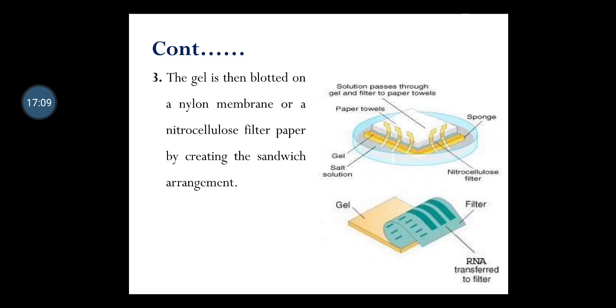With this electrophoresis mechanism, the genetic material migrates from one place to another for proper fragmentation, by which one can isolate and screen out the different genetic material on the basis of shape and size. In the last one, the gel, filter, and RNA transfer to the filter are visualized in the diagram. So here the RNA has been successfully transferred to the filter.